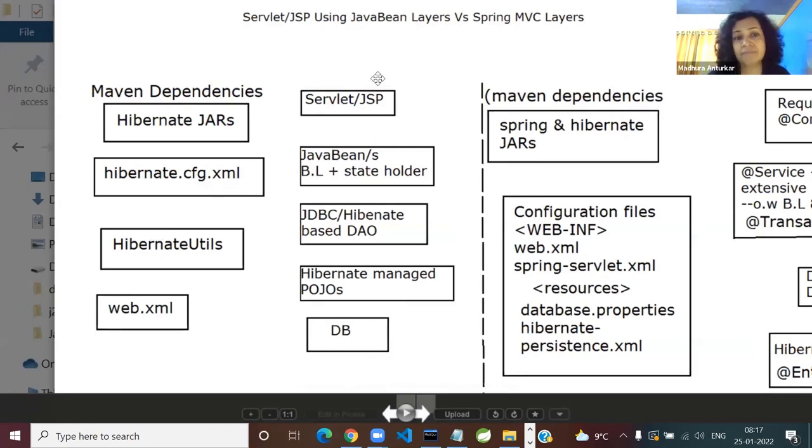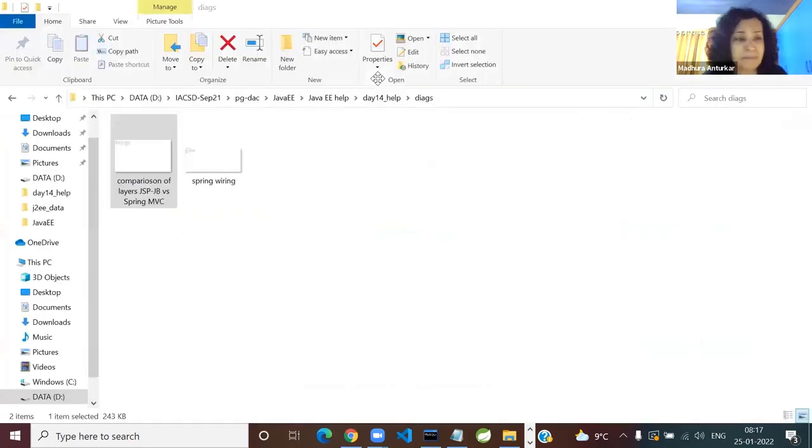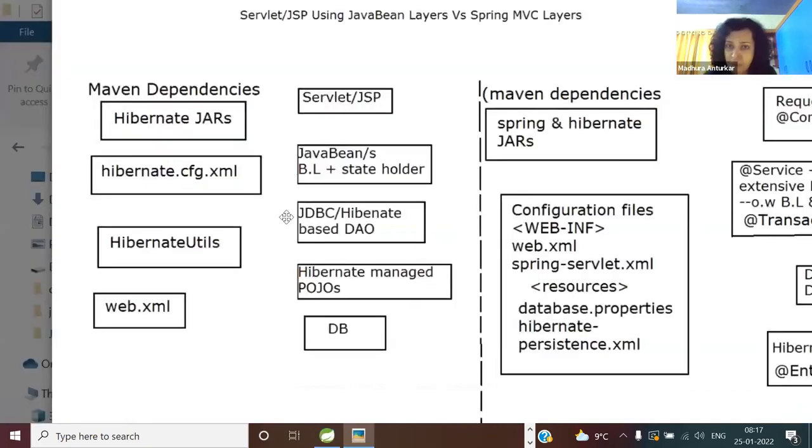I hope you are answering. You understood the question. Who is dependent on this? Let me see what you are answering. Hibernate DAO on Hibernate utils, yes. But for what? For getting the singleton, immutable, inherently thread safe, heavyweight because it takes time, the session factory. So here is the dependent and dependency.